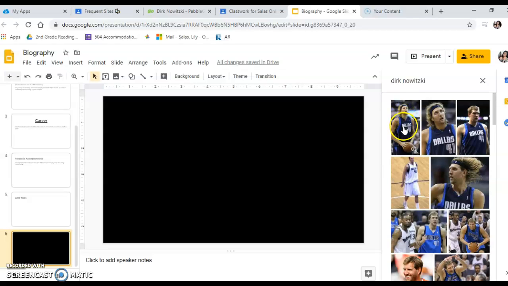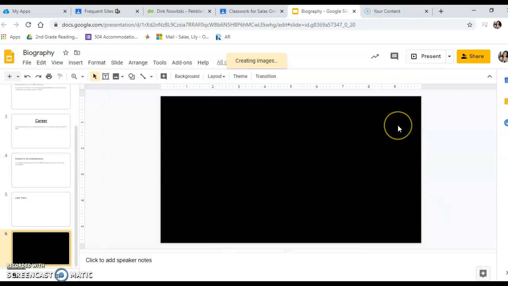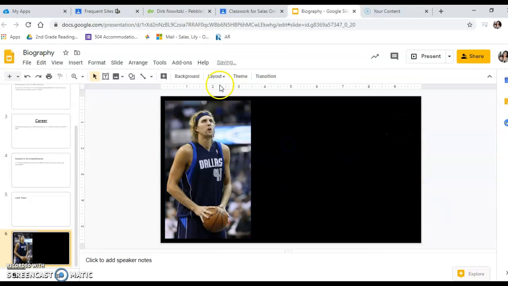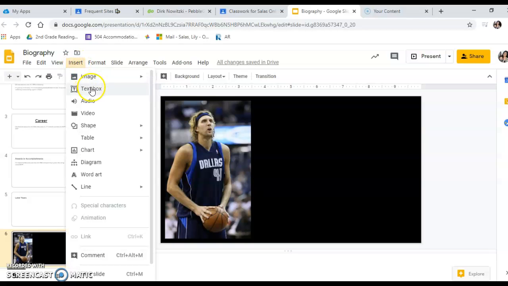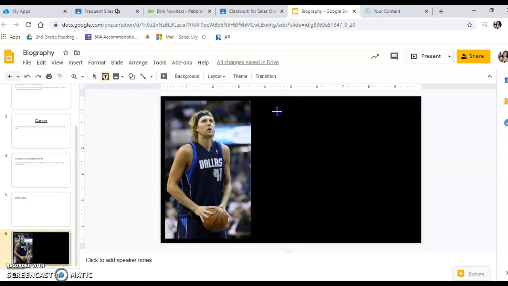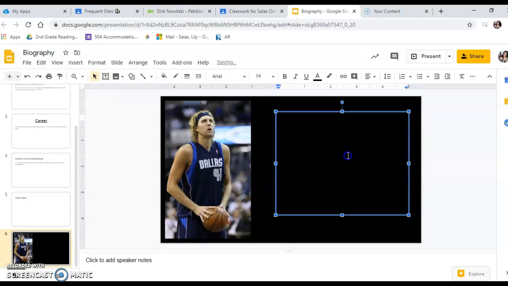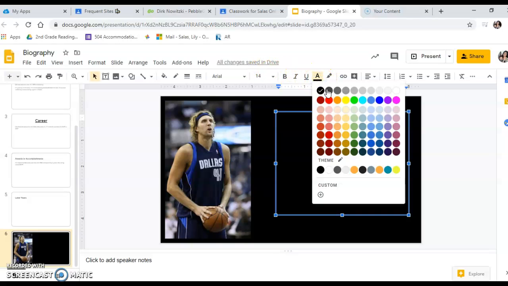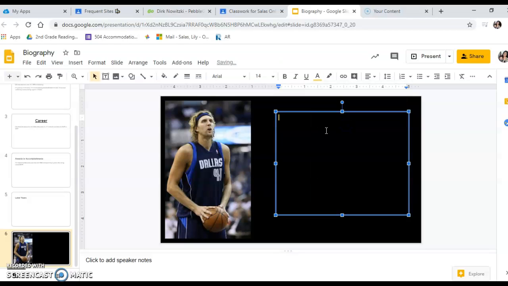All right, so I will add this picture, insert, okay? And then maybe I wanna add his name, right? So I could put insert text box, and I could put, oh, can't see it. Okay, so let's make the letters this color. Okay. Dirk Nowitzki,